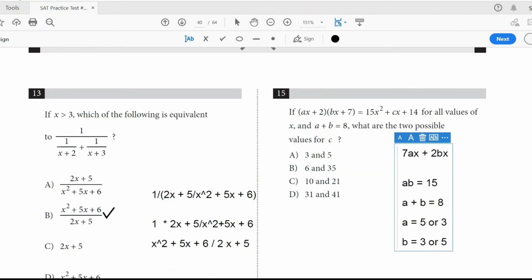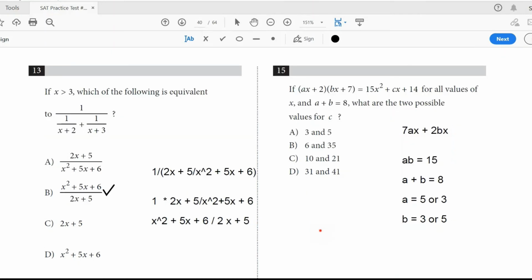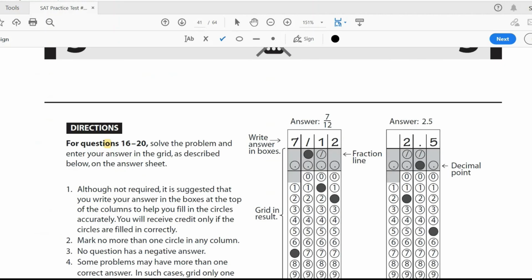Either way, solving this, we get the first type, which would be 5 and 3, meaning 35x plus 6x, which is 41x. The second one would be 21x plus 10x, which equals 31x. That leaves two of them, which means D is the answer. Right? Moving on